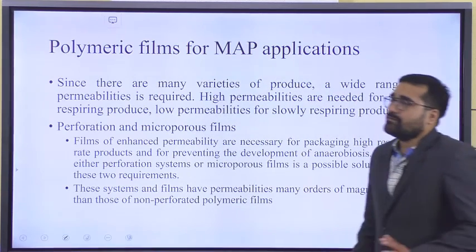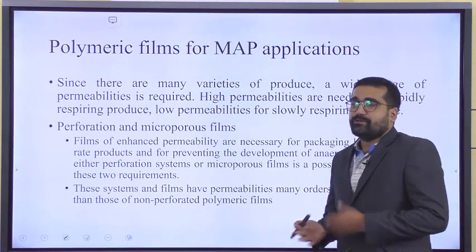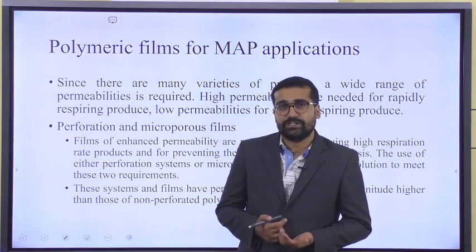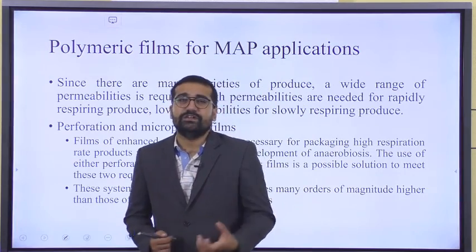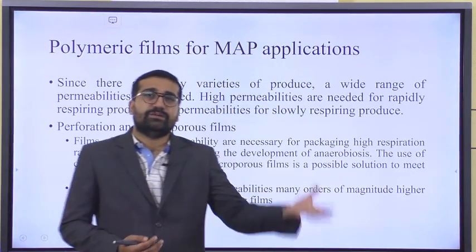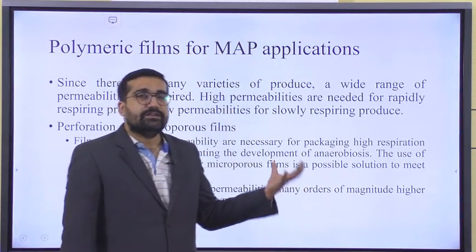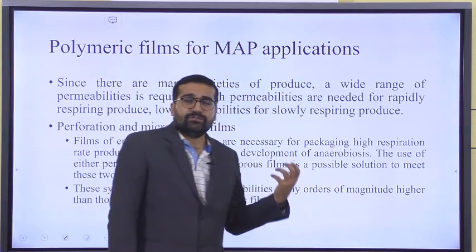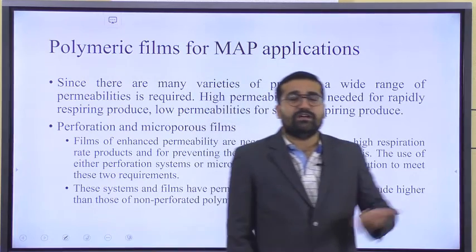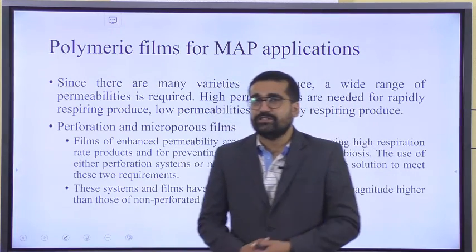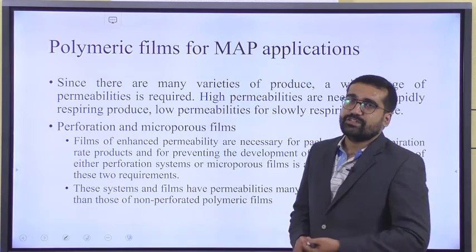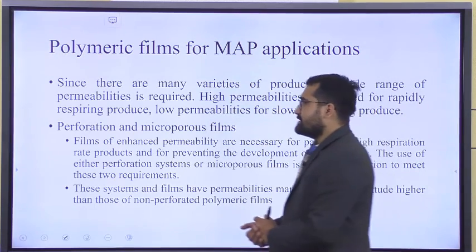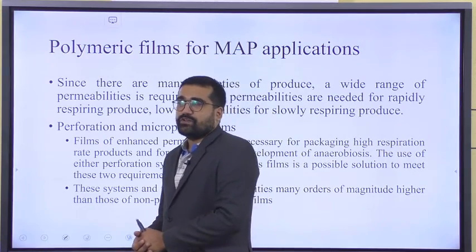So now we have designed the different types of film. We have seen the equations, how to find out the respiration rate and what the concentration is. For this concentration we have to use some equipment to determine the concentration inside the packet. Generally we use gas analyzers to determine the gas composition inside the packet, for the respiration rate calculation.